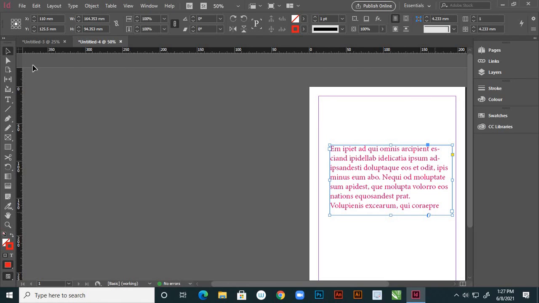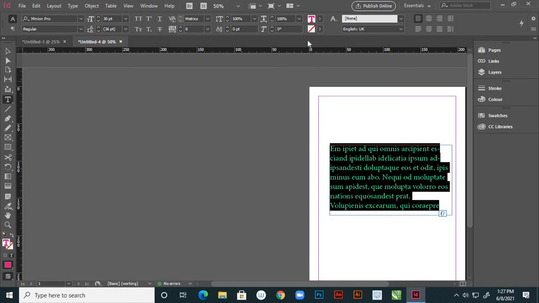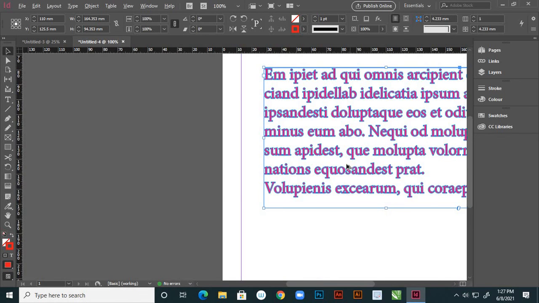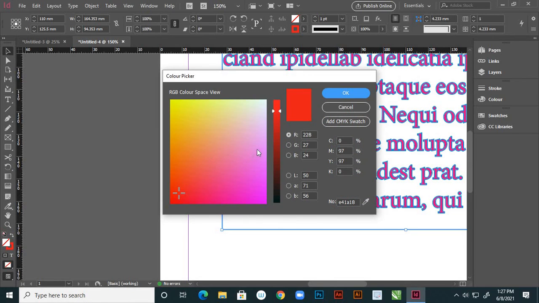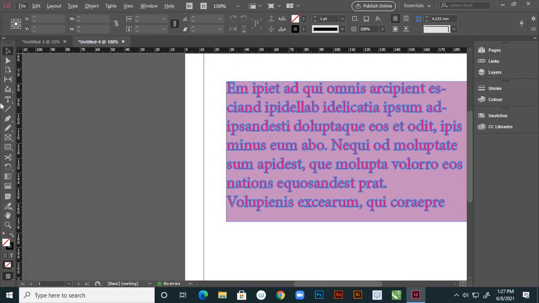Suppose after selecting this, again select this entire thing, and here this outline, I'm giving the outline blue, right? And now you see this, see, that is the difference between this. So you have to first select your text with the text tool, then apply this. Suppose here I'm filling color to the entire box. So this is the box, see this is nice, right?